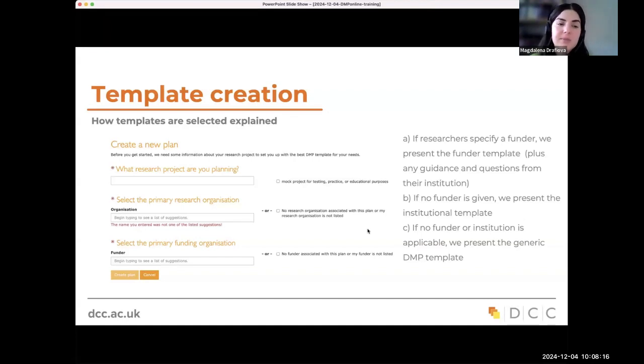So again, the researcher might come from the University of Edinburgh. They write the research project they're planning to do. The organization, because the University of Edinburgh is subscribed, is automatically filled, and they just tick the box that no funder is associated with this plan. They would automatically be presented with the University of Edinburgh template. The third case is that if